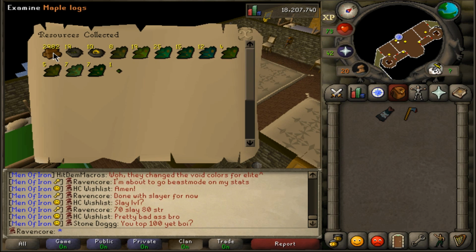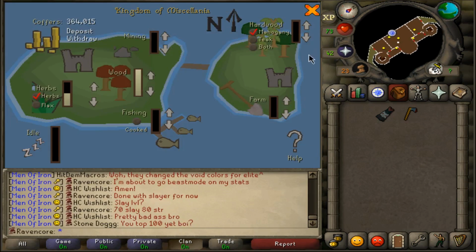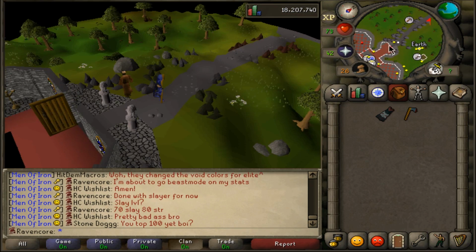Yeah, so I should be able to get 77 magic in no time at all, because each maple longbow alchs for about 195 gold. Yeah, we know that. So basically, with all these maple logs that I have, I'm